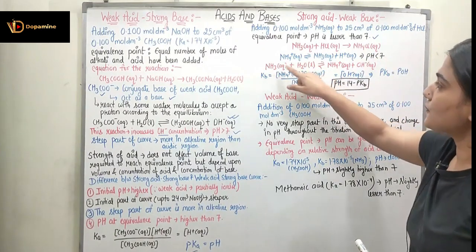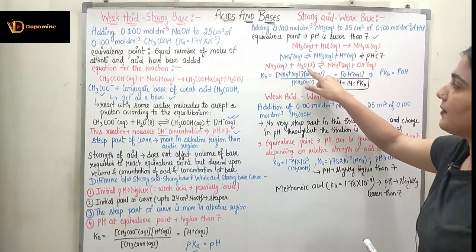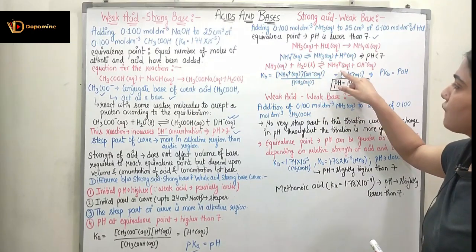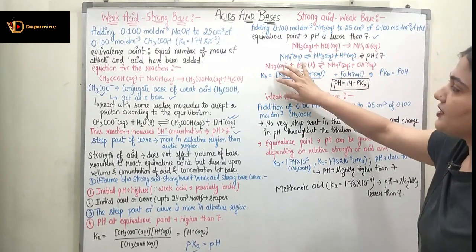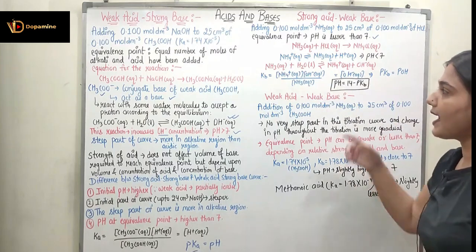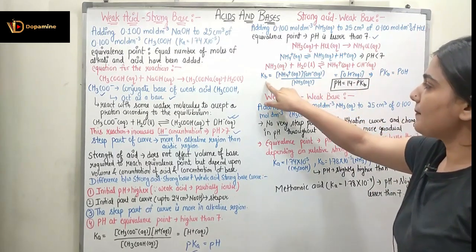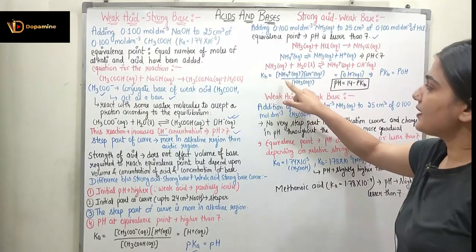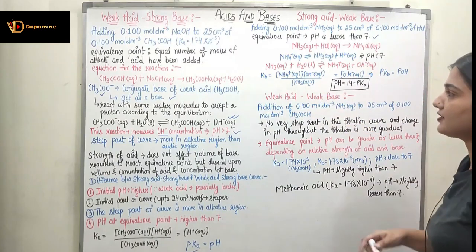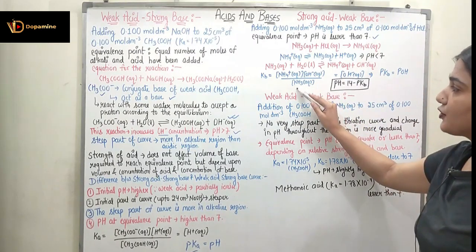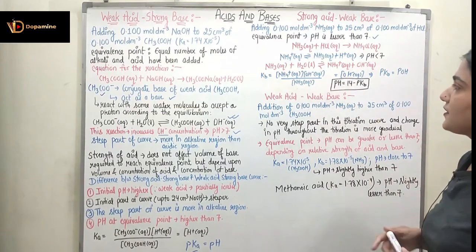And NH3 can also react with H2O. If it is put in the water, NH3 plus H2O will give me NH4 positive plus OH negative, right? So if I observe NH3 in water, it will act like a base because it is releasing OH negative. So Kb, I will find out over here. It is NH4 positive concentration multiplied by OH negative concentration divided by NH3 concentration. I know now that the concentration of NH3 and the concentration of NH4 positive are the same, and Kb will be equal to the concentration of OH negative.